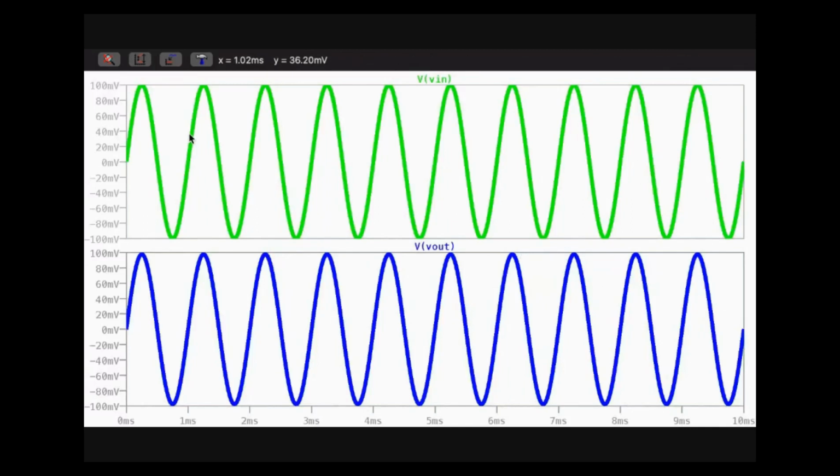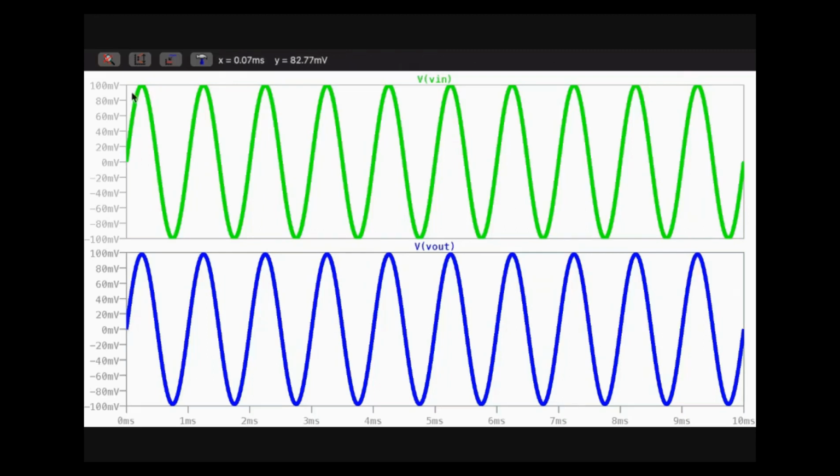Here you can see that I have plotted the original input signal and the output signal after the coupling capacitor, and the signal is actually swinging on a DC of 0 because there are coupling capacitors. DC voltages are not established over there. Whenever you simulate in LTspice and take the signals after the coupling capacitor, they will be swinging on 0.